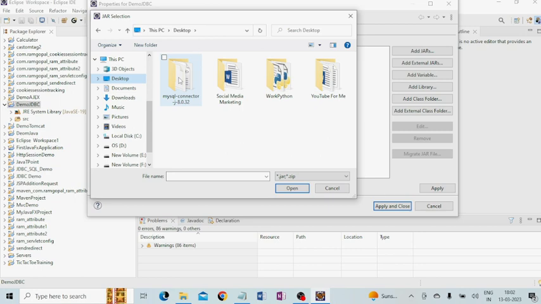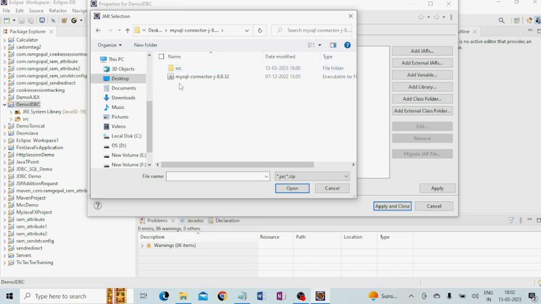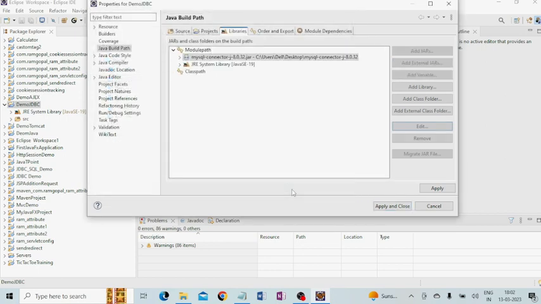You see, this is my MySQL connector J 8.0.32. Double click it and you see one jar file is there. Here also a Java sign is there. So I have to select this file. Select this file and open. Now see, it is showing here. Now you apply